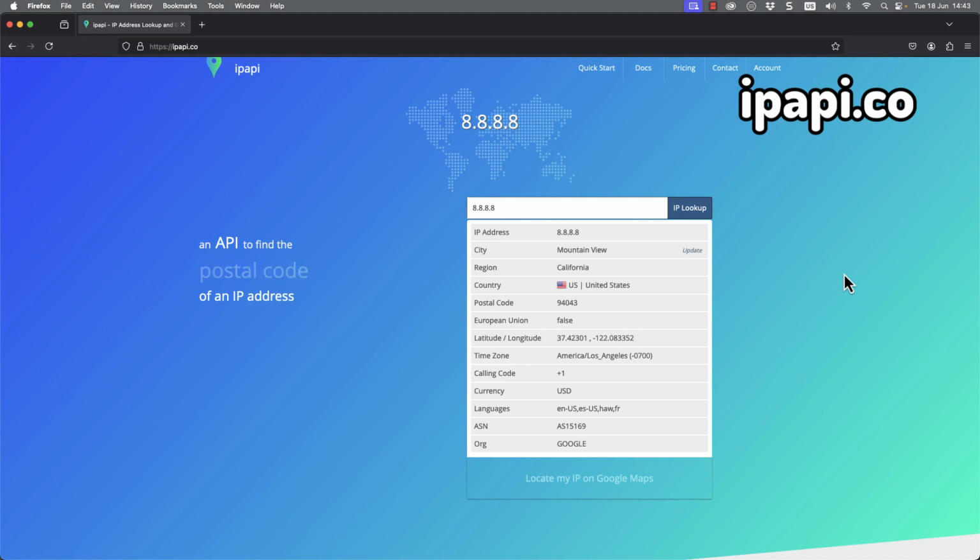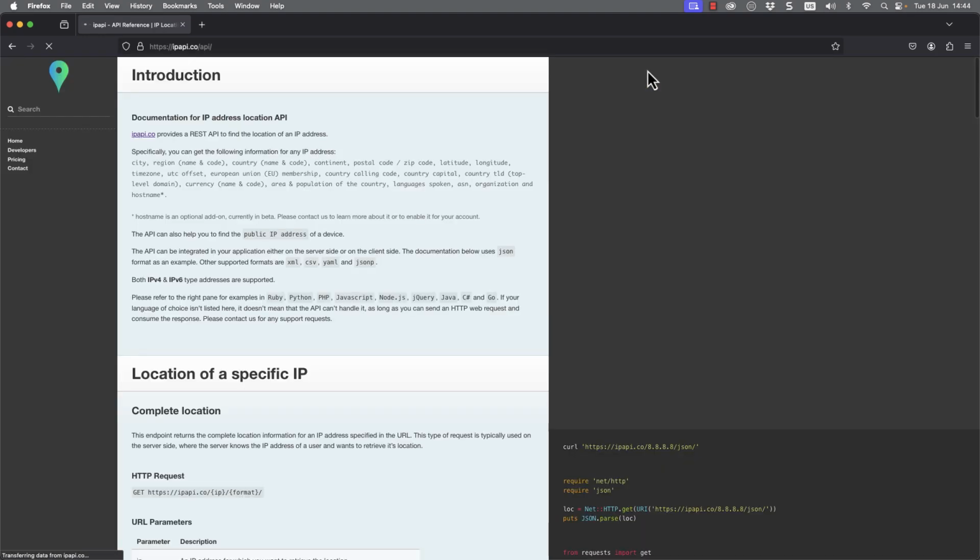You can see that I've landed on their welcome page, and they give you a simple search where we can put in an IP address, and we're returned information about that IP address. So we can see for the Google DNS server, it is indeed located in Mountain View, California.